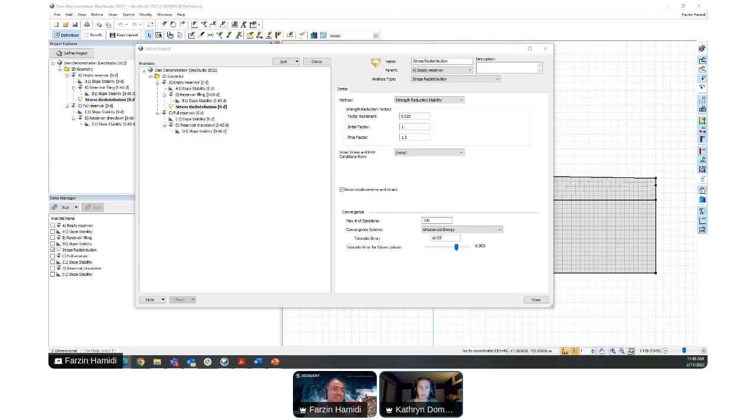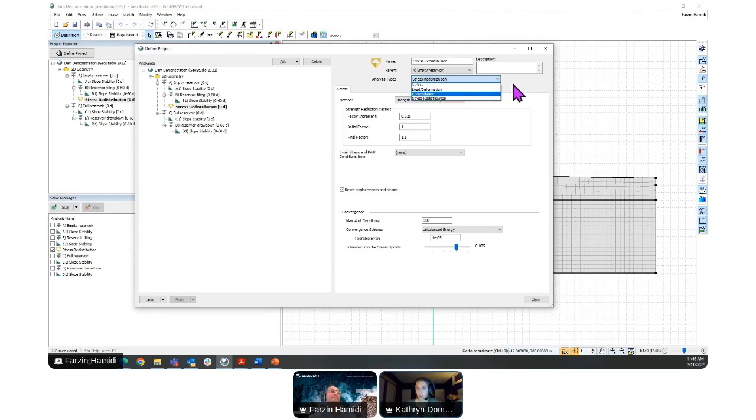Great. I love to compare the different ways of assessing stability, because in some cases you can find projects where you might need to use Sigma W, for example. Or if you're just doing SLOPE W, where the pore water pressures are really key and you can't use the other techniques that are just in SLOPE W, you have to actually run a SEEP W analysis to compute your pore water pressures and then run the stability analysis.